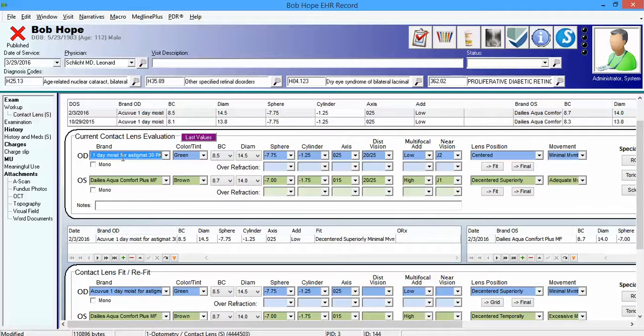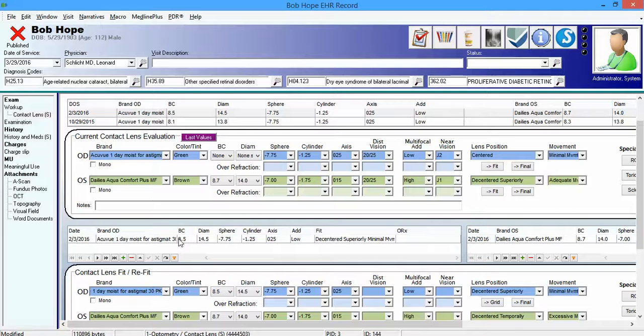So this is essentially what they're wearing. This is the fit and the refit. This will move it down up to the grid section so that you can try several different types of contact lenses. Make documentation here, move them to the grid, and then of course adjust this and then move those to the grid there, so that you can try many different contact lenses on the same visit